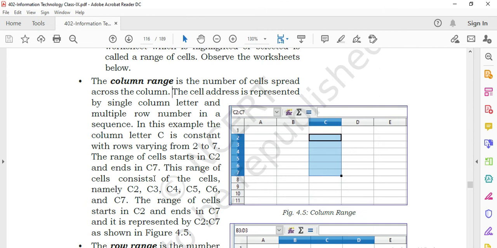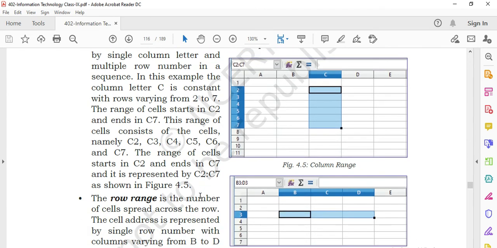This range consists of the cells C2, C3, C4, C5, C6 and C7. It is represented by C2 colon C7, as shown in figure 4.5.